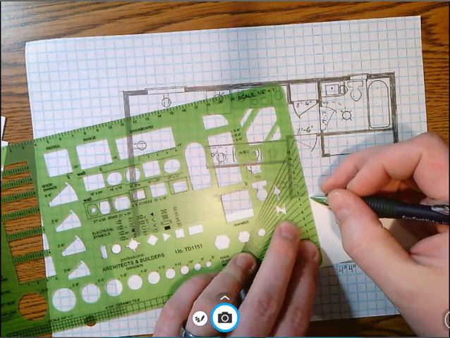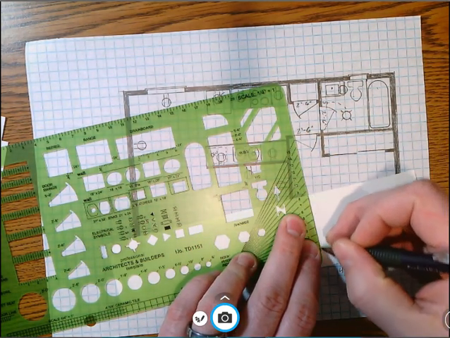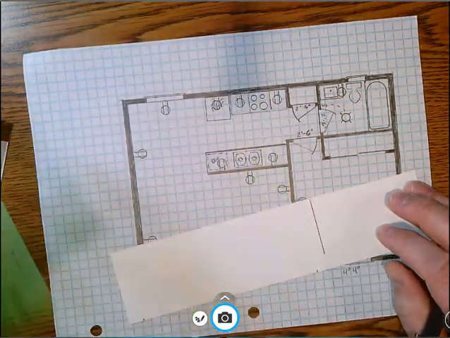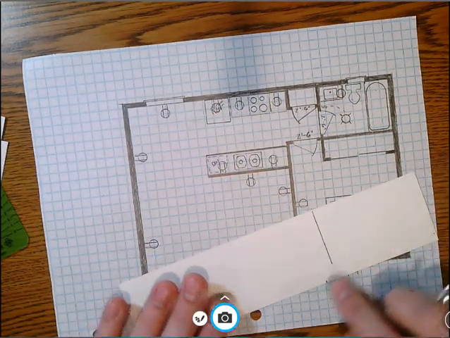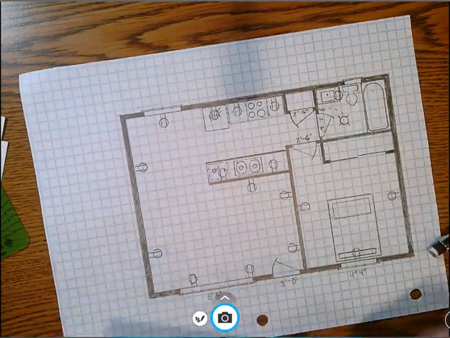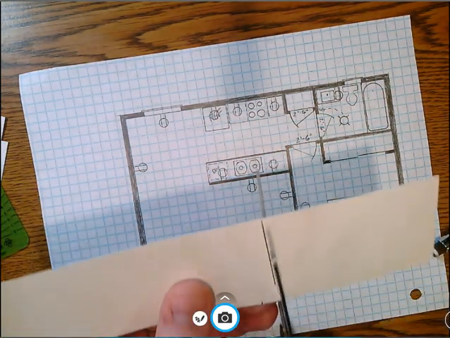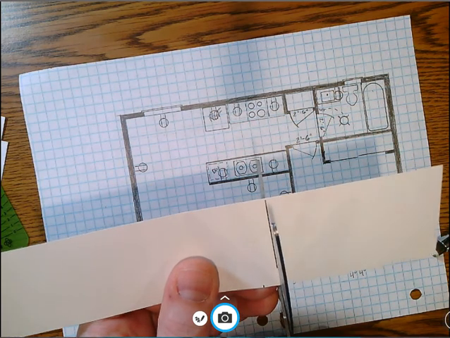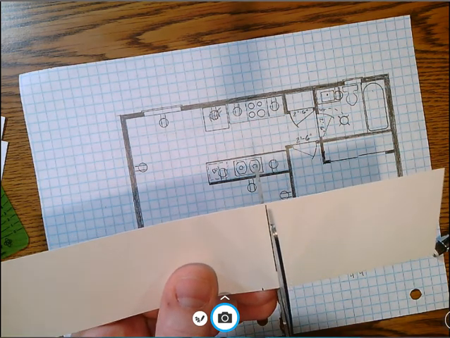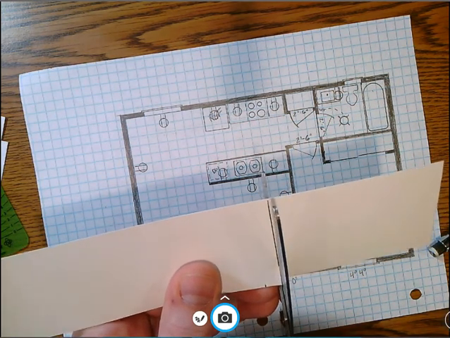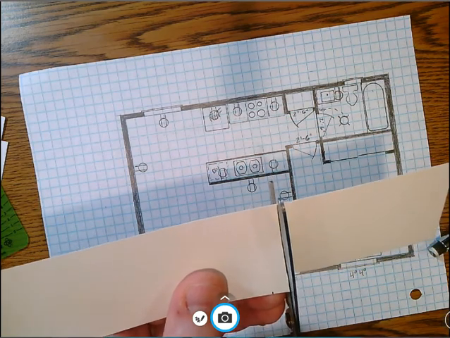I'm going to assume that this piece of architectural template is 90 degrees. And as you're seeing here, I'm making a little extra on both sides. And again, the only reason I'm doing this